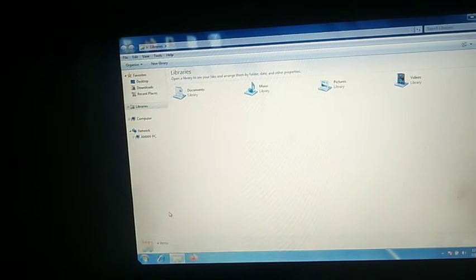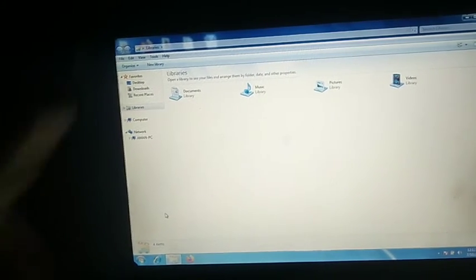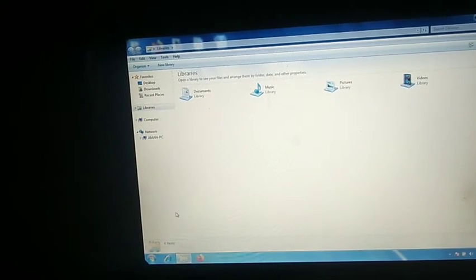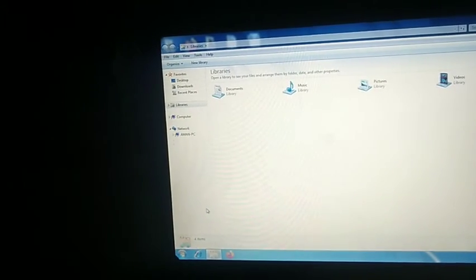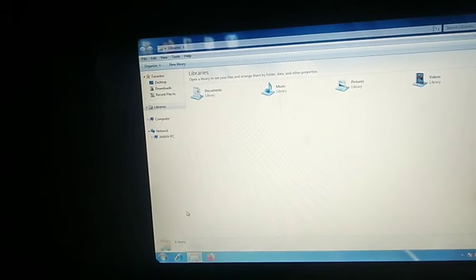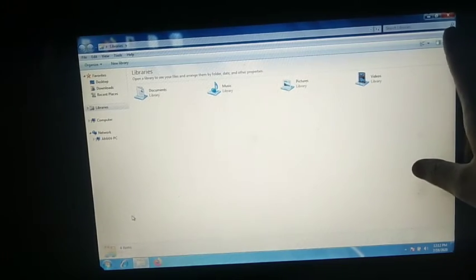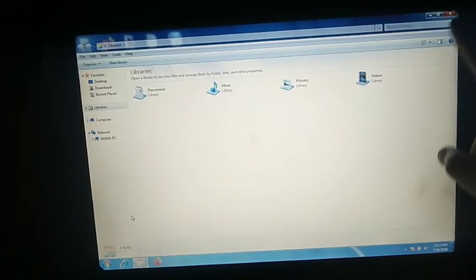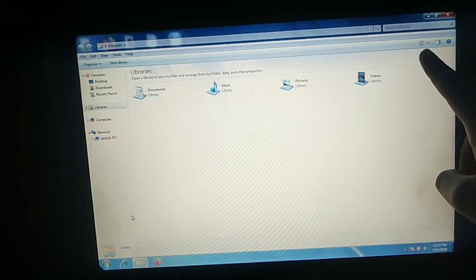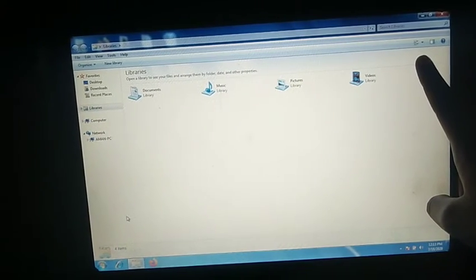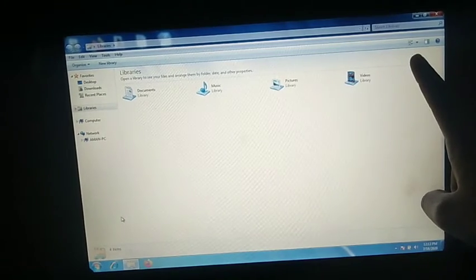Above that, where library is written, that is the address bar, means you can search any address in that, so that is called an address bar. After that comes the minimize button, the maximize button, and the close button. Is it clear? After that we'll come on to this small black color arrow. It is the more option button.